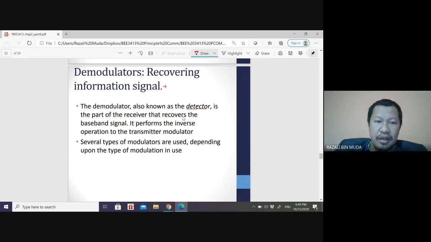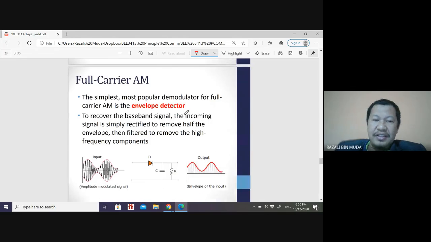So at the receiver, there is a component called the detector, which performs the inverse operation of the transmitter modulator. There are several types of demodulator used depending upon the type of modulation used. So the demodulator type depends upon the modulator type. Okay, first type of demodulator